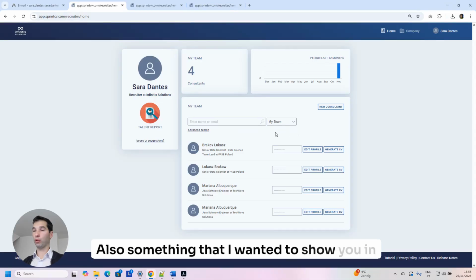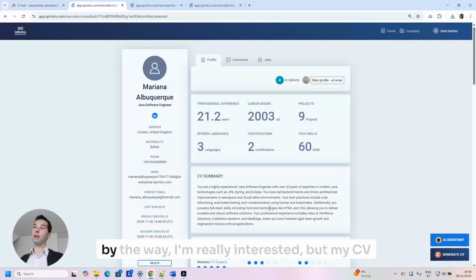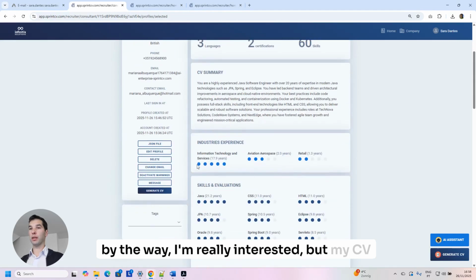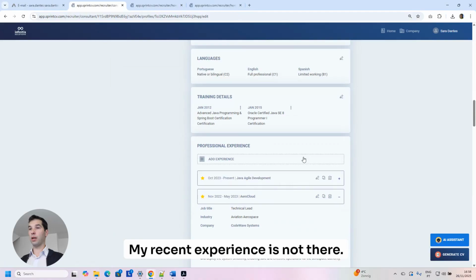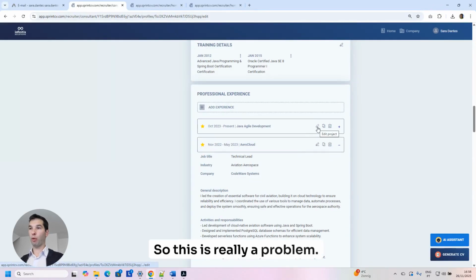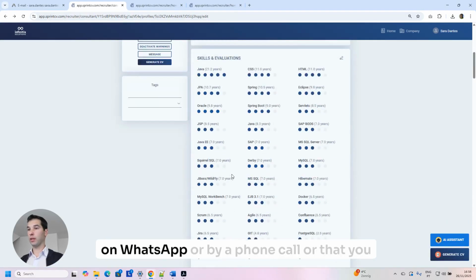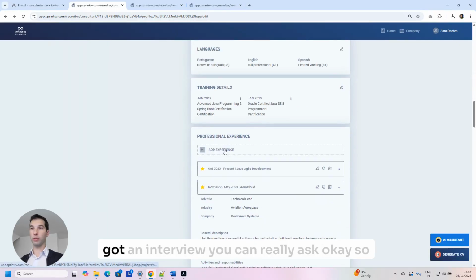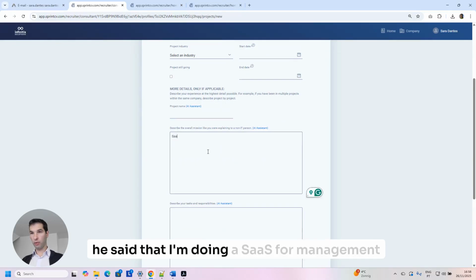Also, something that I wanted to show you in the meanwhile that is running is many times you speak with candidates and they say, hey, by the way, I'm really interested, but my CV is not updated, my recent experience is not there, and then they vanish for 2 or 3 days. Okay, so this is really a problem. So again, using a small conversation on a WhatsApp or by a phone call, or that you got an interview, you can really ask, okay, so he said that I'm doing a SaaS for management